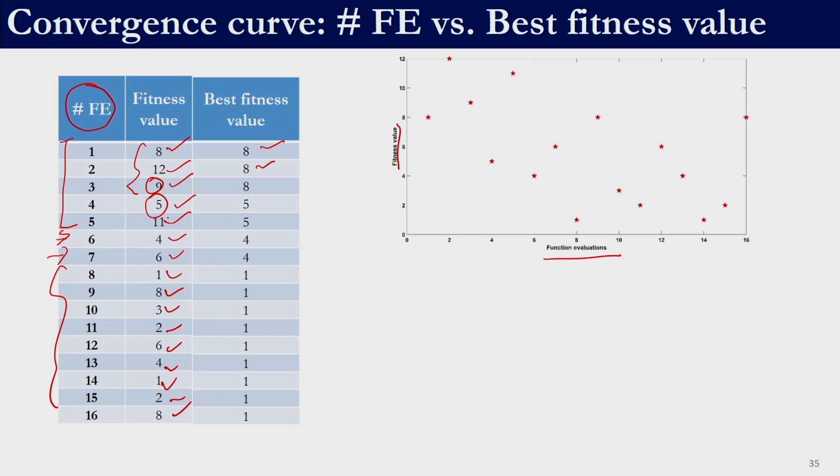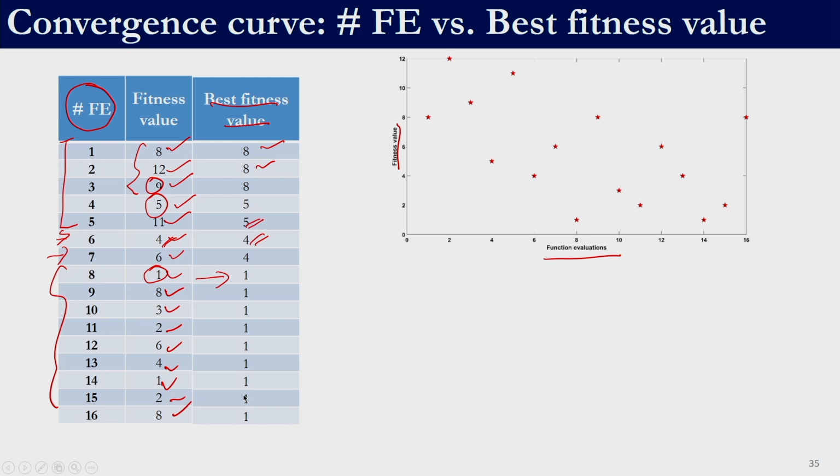Then let us say the fifth time you get an objective function value of 11. So, 5 is retained, right. The sixth time, let us say we get a solution 4. The best we have so far is 5, but now we have received 4, so we will consider the best fitness function value so far obtained as 4, right. We keep doing this. Since we encounter a 1 over here, this becomes 1, and below this there is no value less than 1, so it remains at 1, right.